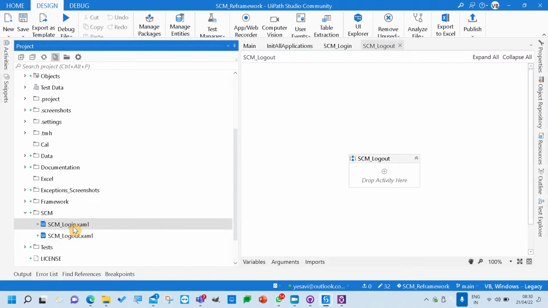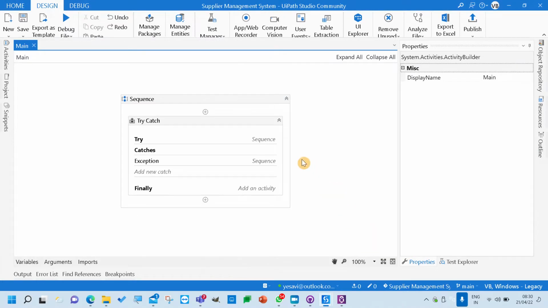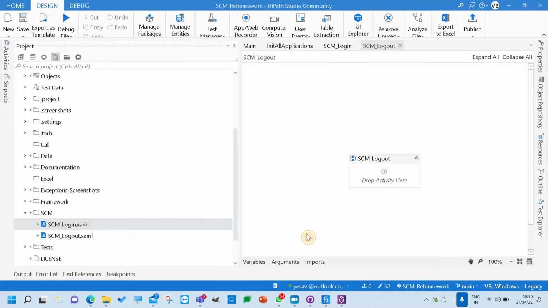So that if there is a small button that's added in the login, and if you have everything in one single file like this, see, everything is there in one try catch, right? If any small change is required, you need to change the complete flow. You accept it or not, you definitely need to change the complete flow. But if you have it as a separate workflow like this, all you need to do is